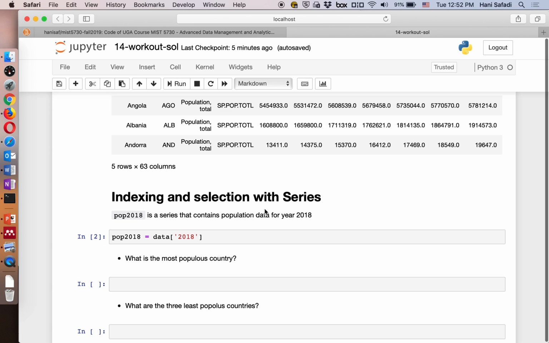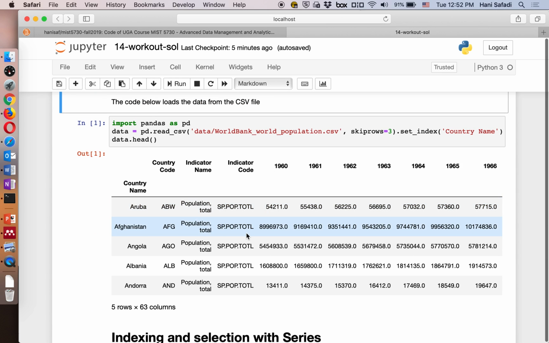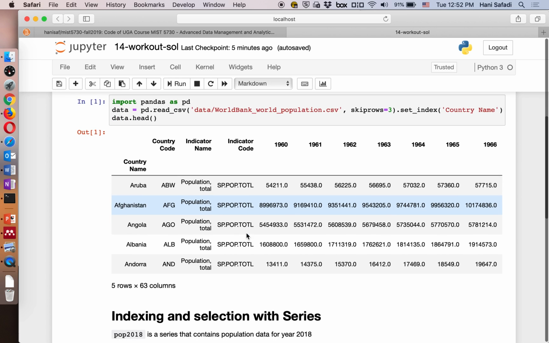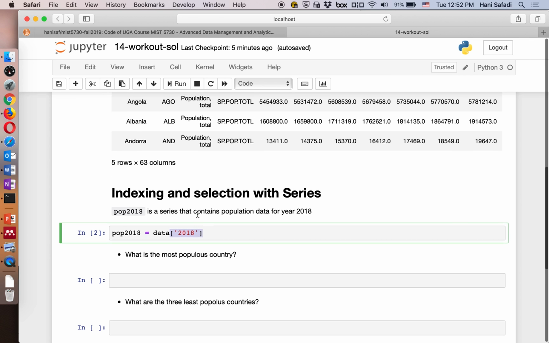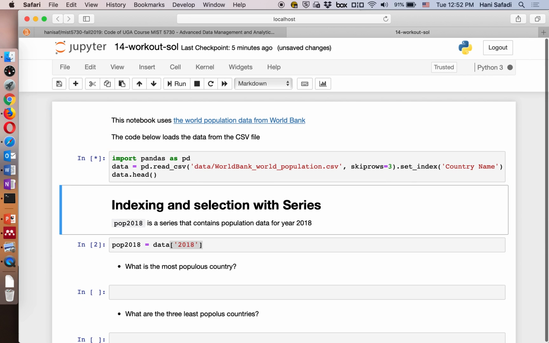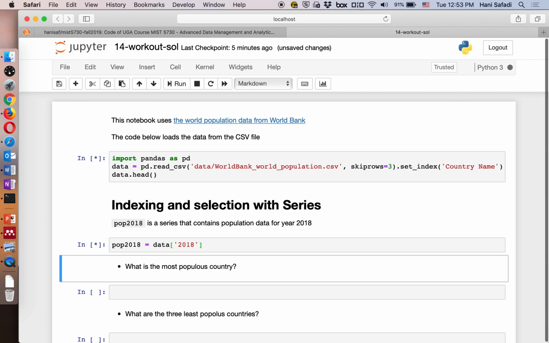So we can think about a Pandas series as one column in the spreadsheet or one column from the data frame. And this is actually what we're doing here. We're pulling one column pertaining to the year 2018 from this data frame. So let's run the code first